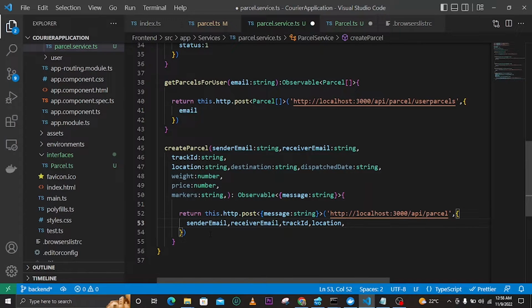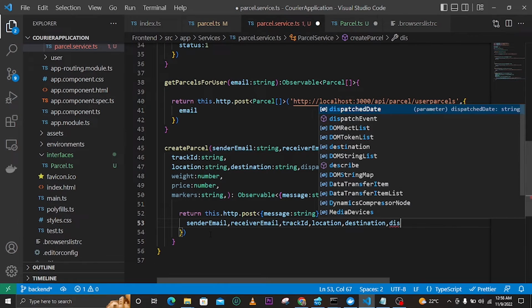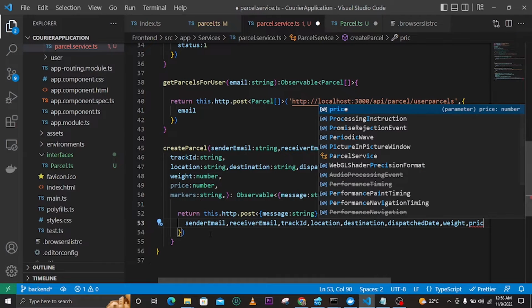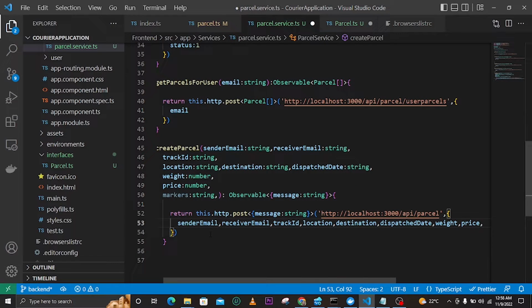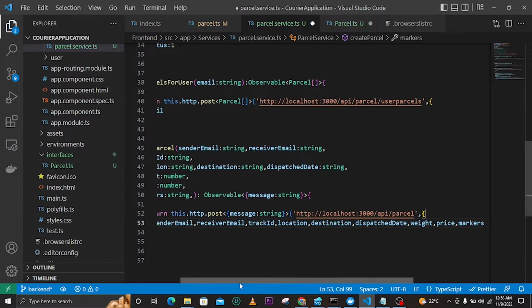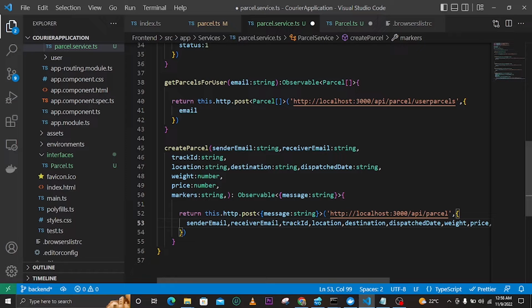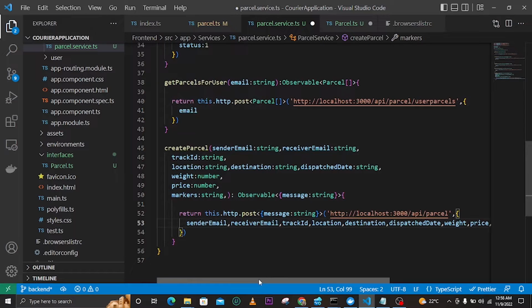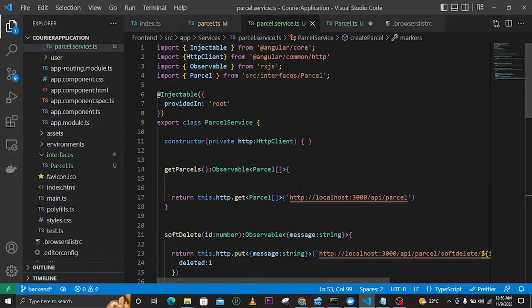We need weight, or we need destination, we need dispatched date, we need weight, we need price, and we need markers. I think that's okay now. So we have all those. I don't think there's something that we didn't add here. So that's all. Let's save this